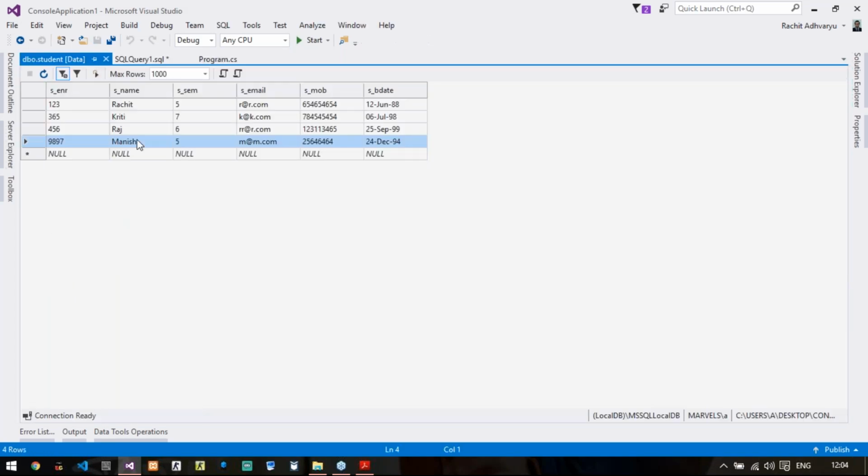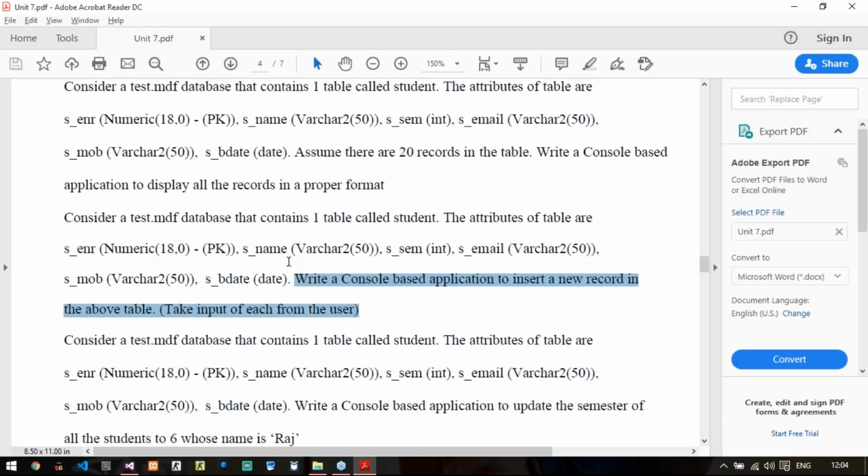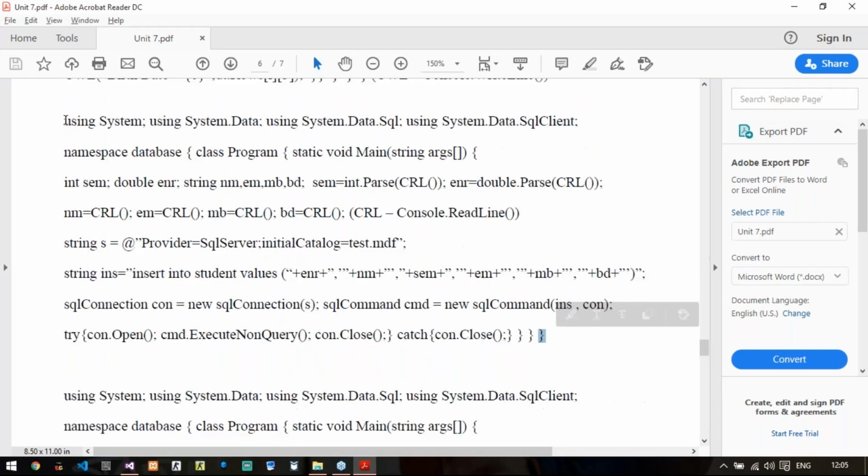The same thing has been written as the answer in this PDF. If you go through it, this is the code. If I select it properly, this is your code. Guys, only do one thing. Whenever you are referring to this PDF, please make sure you write CRL. You remember CRL as console.readline and CWL as console.writeline. I have not used CWL here because I have just taken directly input for everything. It's okay if you write the same code in the exam, no issues at all.